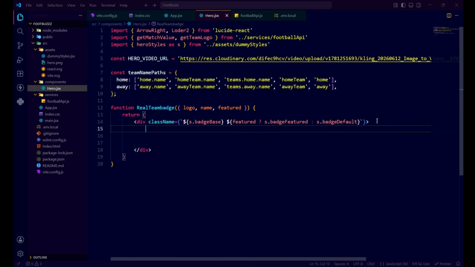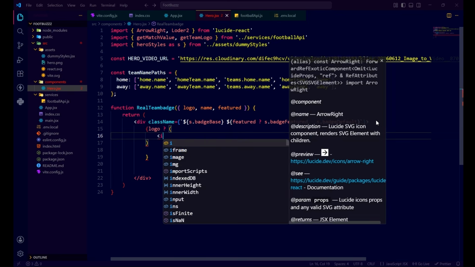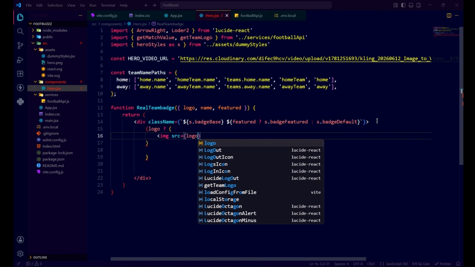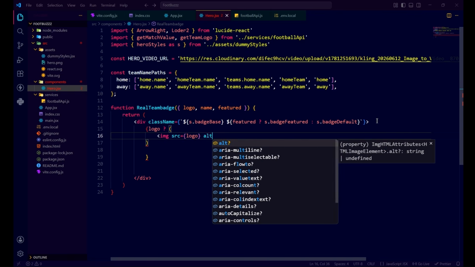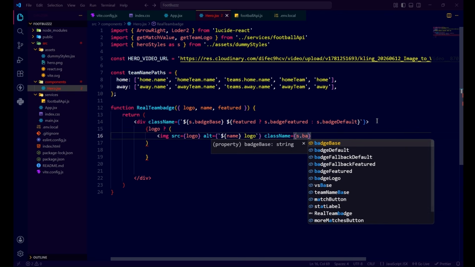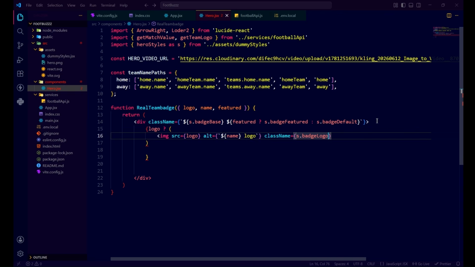Now once you have done this, inside that let's pass the logo prop here, and let's check if it is logo. Then we'll show the image tag. So open an image tag and write a source which should be logo, and write the alternate which should be in backticks. Write the name prop here and write the logo. Let's give the styles. Write the class name s dot badge logo. Close this image tag here,